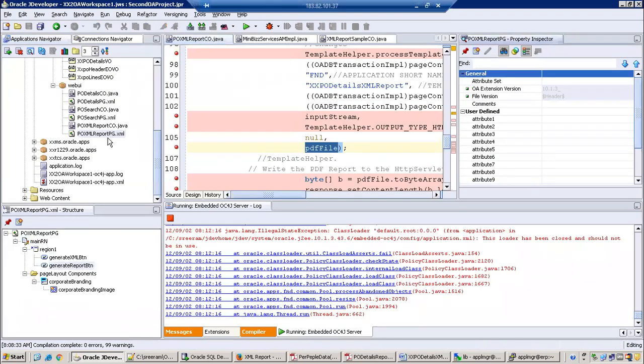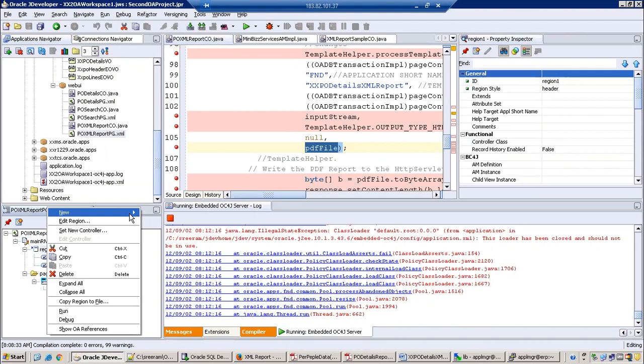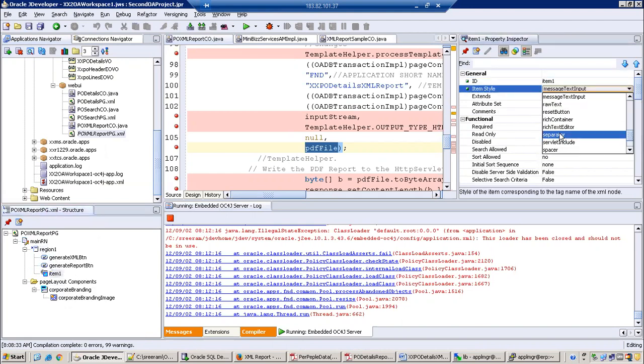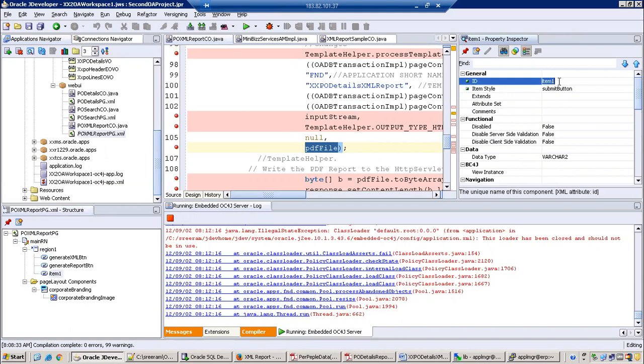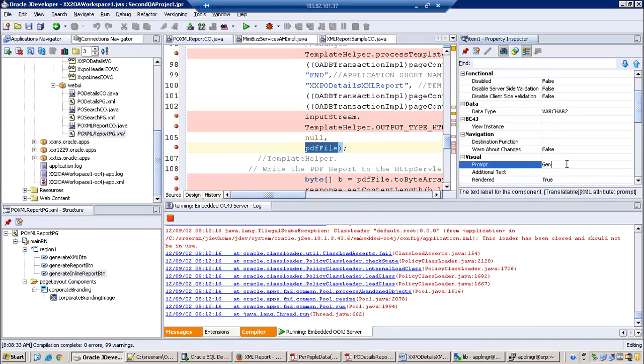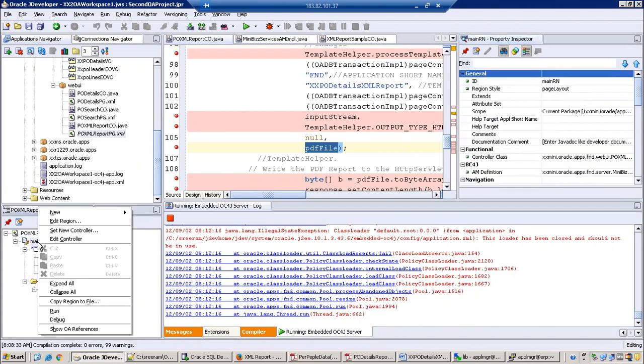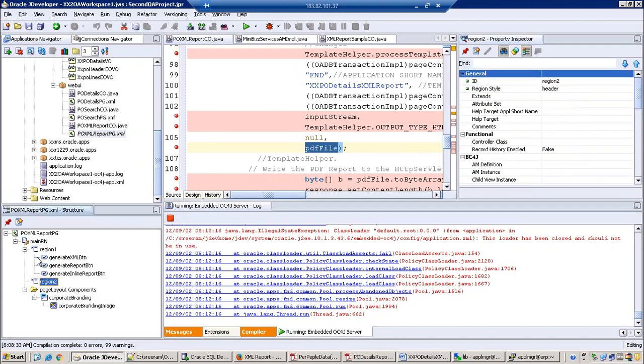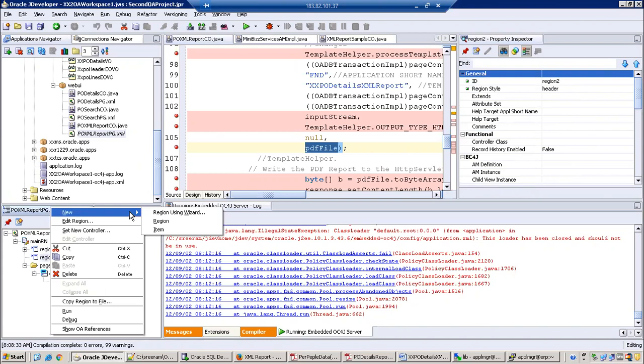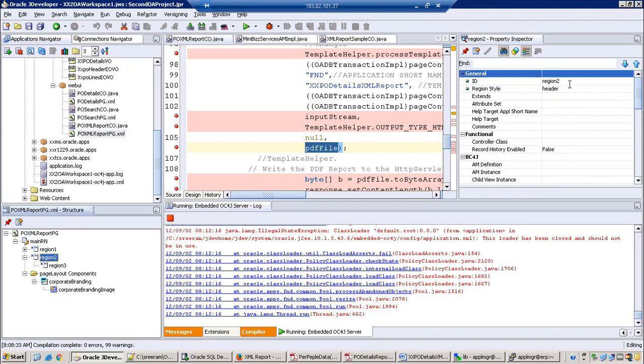So in our pivot details XML report page, I'll create one more button. And now there is a standard region we have to use. I'll create a new region, and under this one I'll create one more region. I'll name it inline report.